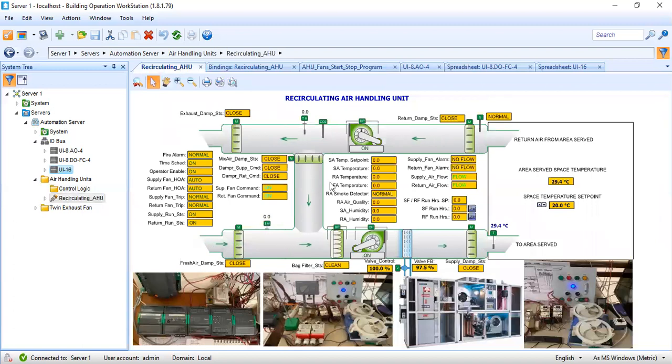Now again, I guess this is enough for this tutorial. The next tutorial will be how to control the dampers. We already know how to control the fans. We already know how to control the cooling valve. The next step is to learn how we are going to control these two dampers. I will try to explain it in my next tutorial. So once again, I hope I have given you some idea, especially the new engineers who wish to be part of building management systems or building automation.